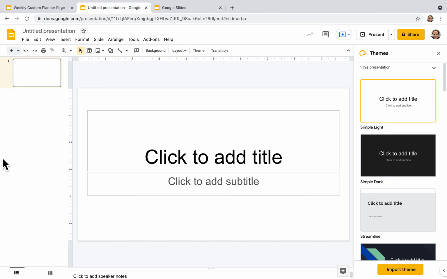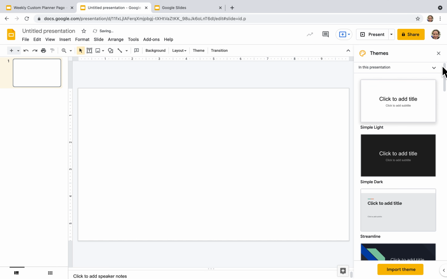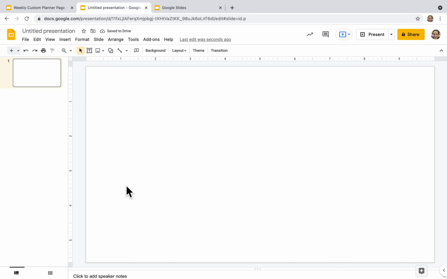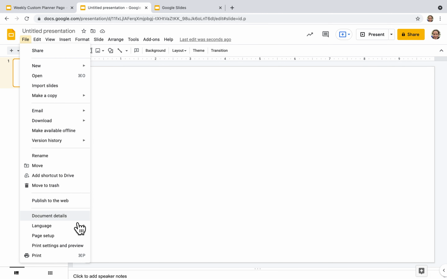Now, how I designed it, because when you open up Google Slides, you end up getting a page that looks like this, which doesn't look like what I just showed you. To design this, what I ended up doing was deleting basically everything that comes on the main slide and starting off with a blank sheet. And then I use a big size teacher planner, so I wanted my pages to be the size of a big size teacher planner, so I changed my page setup